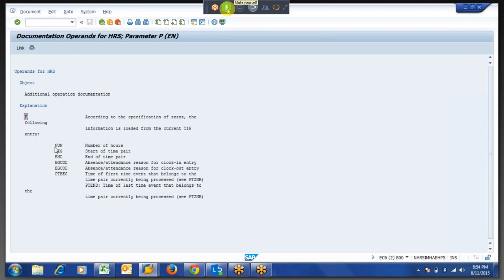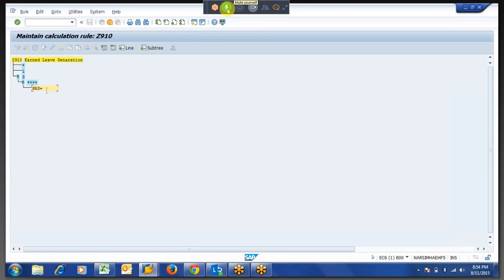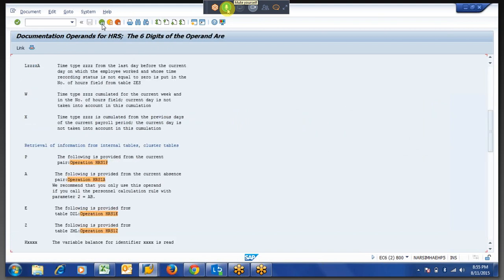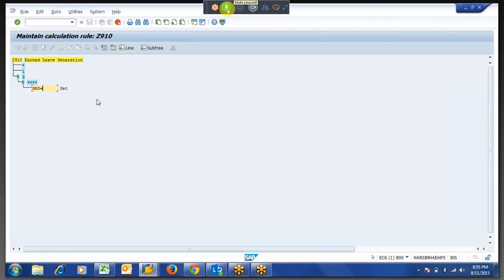After P, again, what you are going to do? If you put HRS is equal to P num, it will get the number which will be stored in the time pair. So such kind of things are there, on which we are going to write many rules. So this is the documentation. You can check. So here what I am doing,